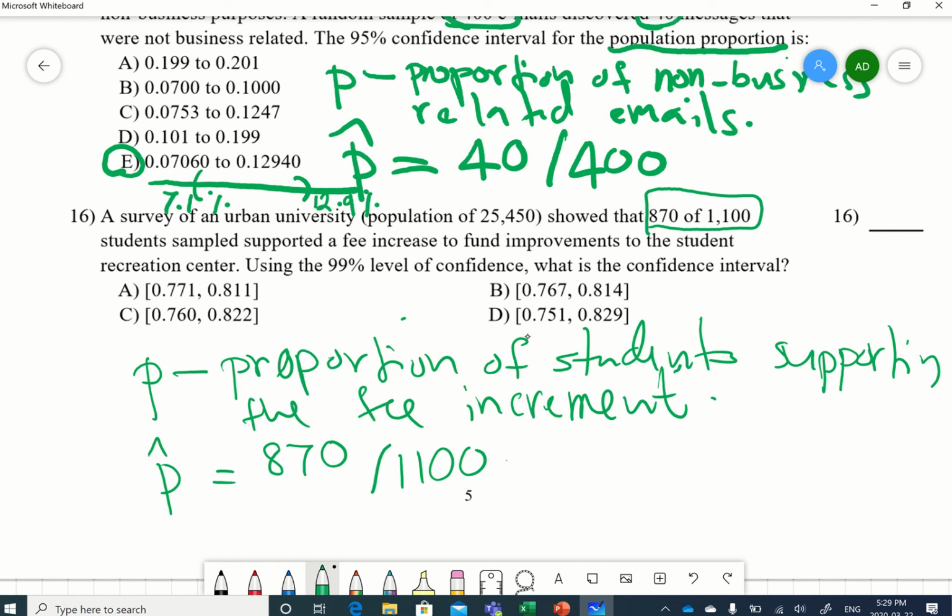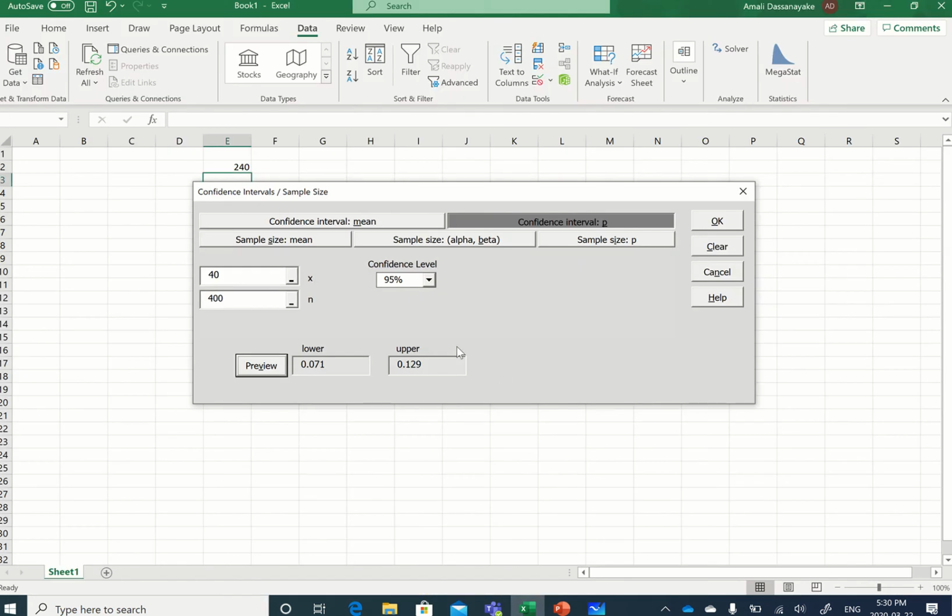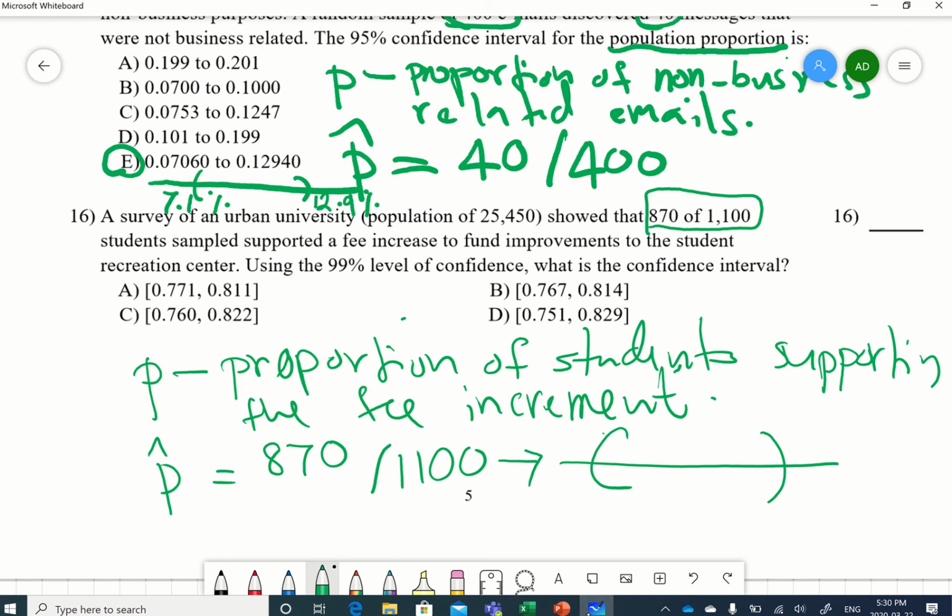So based on this sample information, they are trying to build the confidence interval. They use 99%, because they want to really make sure that they are precisely capturing the actual proportion. So 870 out of 1100, and we change this to 99. Preview. Okay, 0.759 and 0.822. So the lower limit is 75.9%